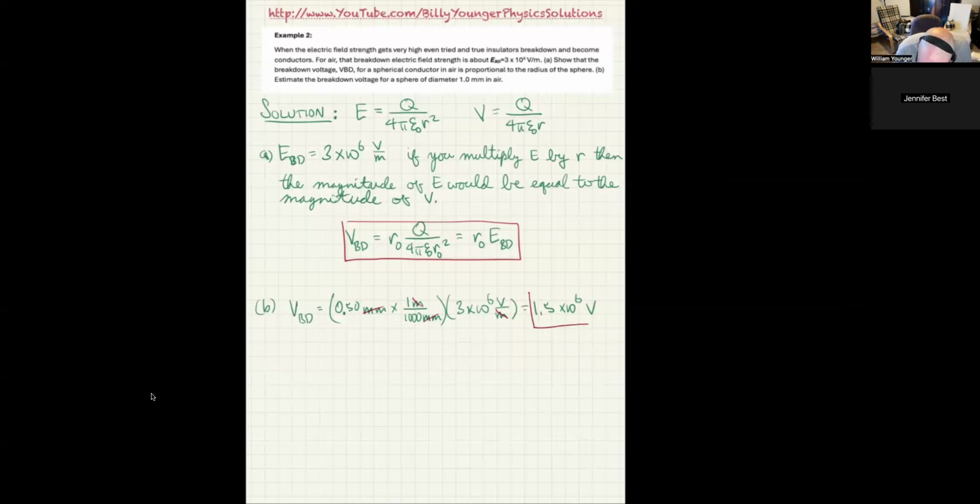Any questions on that one, Jen? No, but that's very interesting. Isn't it kind of cool? Yeah, you do a more advanced introduction to this in like an electricity and magnetism course. I think we spent like a week and a half, 2 weeks in grad school on it, but we handled a much bigger problem and we used differential equations, but you get more or less the same result. So it is pretty interesting.